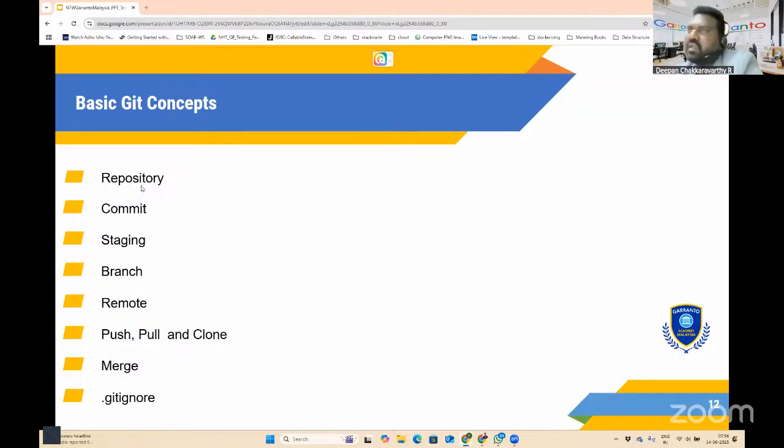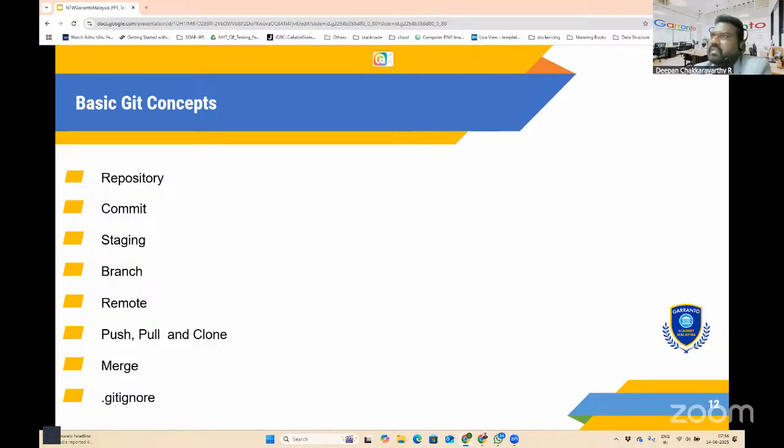Git has something called a commit-based mechanism to save our changes, right? So we save our changes as multiple snapshots. A commit represents such a snapshot that we are making at a particular point in time. So meaning if you are creating a snapshot, whatever changes that we are doing will be added to the repository, right? And then we can get back to these commits and work on them later. And if you want to make changes, or do any deployment based on a specific commit, we can do that, right?